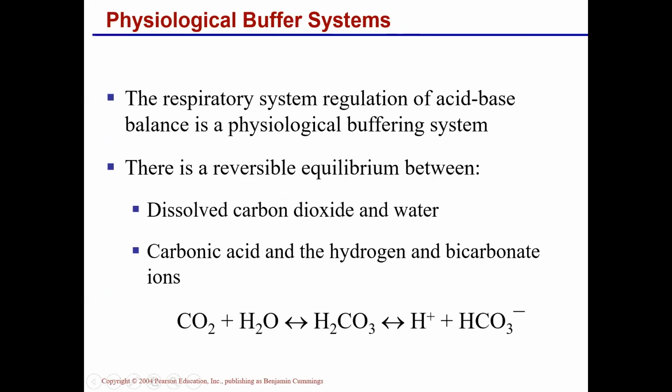Carbon dioxide combines with water to make carbonic acid, and carbonic acid is a weak acid which can partially dissociate to release free hydrogen ions and bicarbonate ions. These reactions can go in both directions. If a lot of hydrogen ions accumulate, then the reaction can go toward the carbon dioxide side. But if there is a lot of carbon dioxide, then it can go to